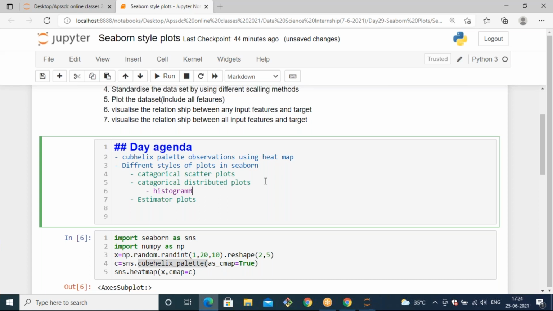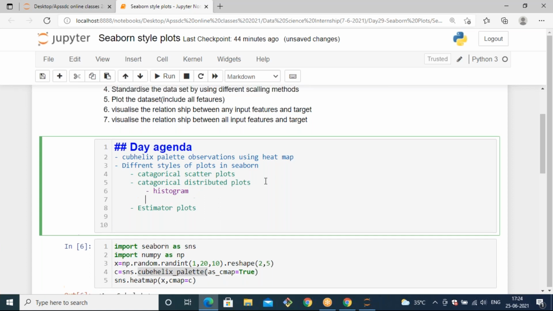Yes, we have seen the box plot. In the box plot you can observe the data distributed as boxes. This box plot is based on the calculation of the IQR, the interquartile range.